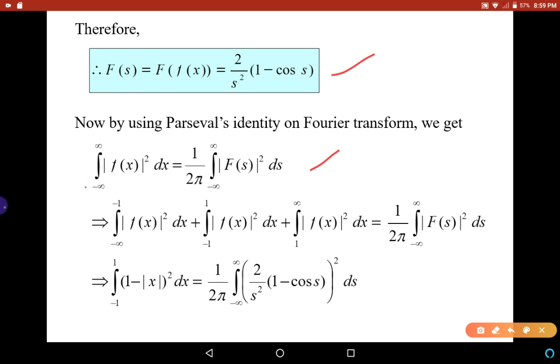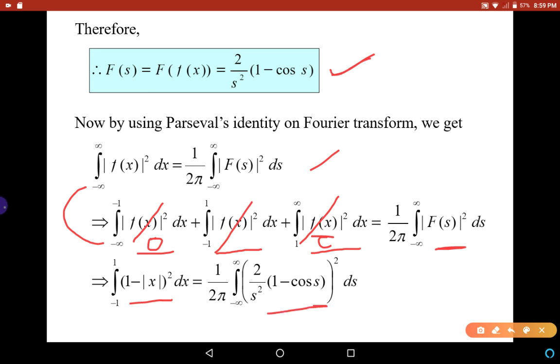Now the integral on the LHS is split as the integral from −∞ to −1, plus the integral from −1 to 1, plus the integral from 1 to ∞. In the interval −∞ to −1, f(x) is 0. In the interval −1 to 1, f(x) is (1 − |x|)². And in the interval 1 to ∞, f(x) is 0. On the right hand side, we substitute |F(s)| as 2/s² times (1 − cos s), whole squared, ds,